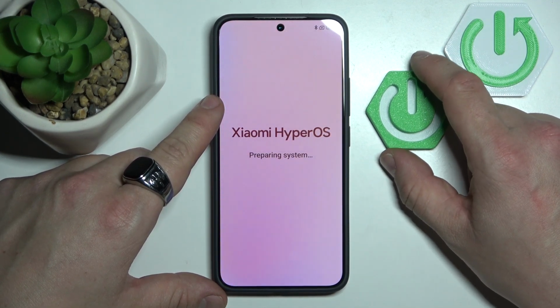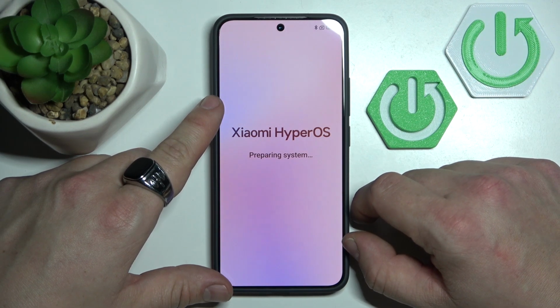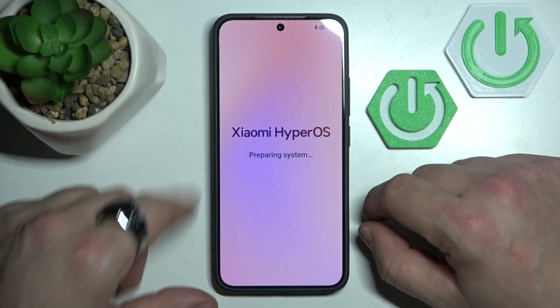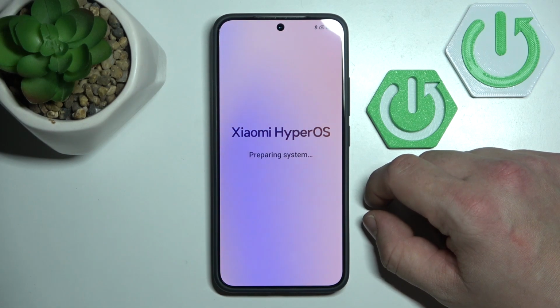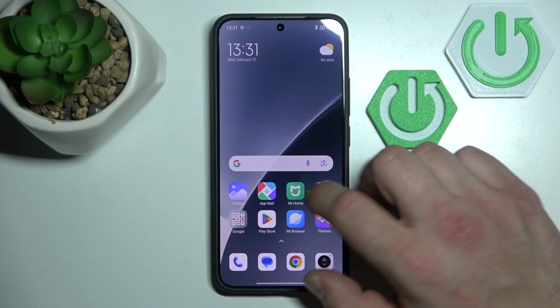Now the system is being prepared. It usually takes up to 30 seconds. Tap continue, and it's done. Now you can use your